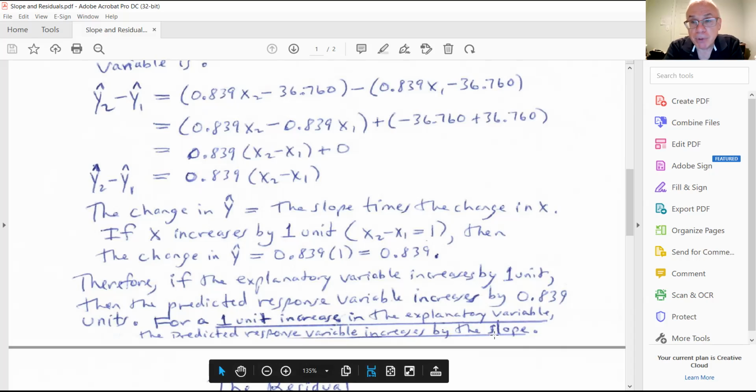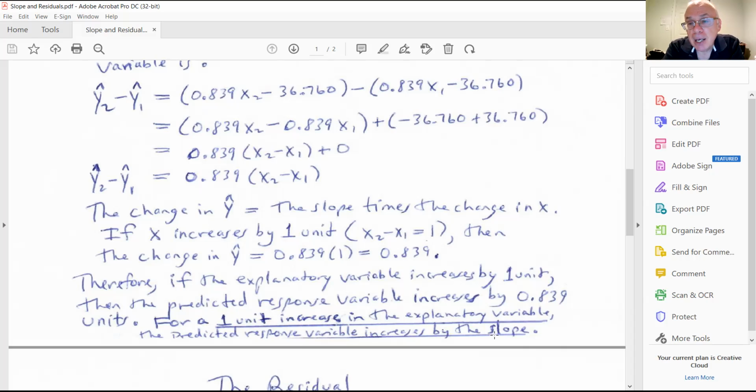And you will see examples of this in the homework. There'll be statements that basically say that. And whenever they show that statement and ask what this is representing, the answer is slope. They're going to give you choices like the correlation, the y-intercept, the slope, of course, would be one of the choices, and some other things. And just know, number one,